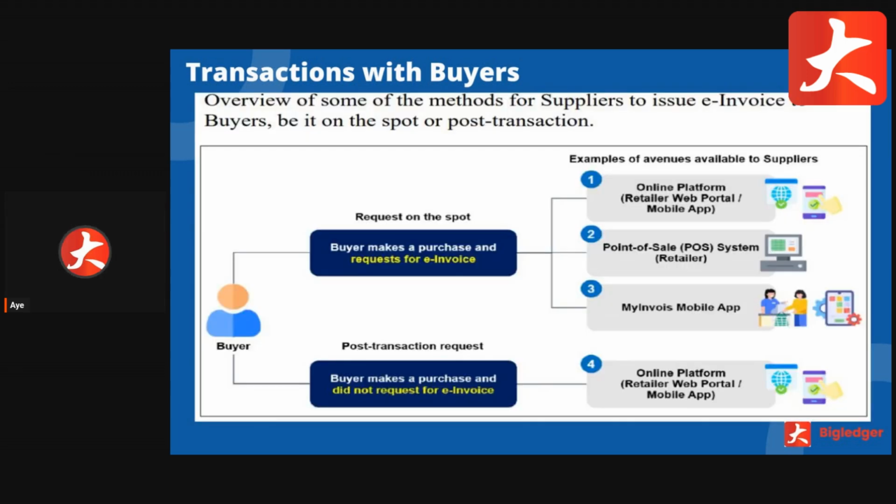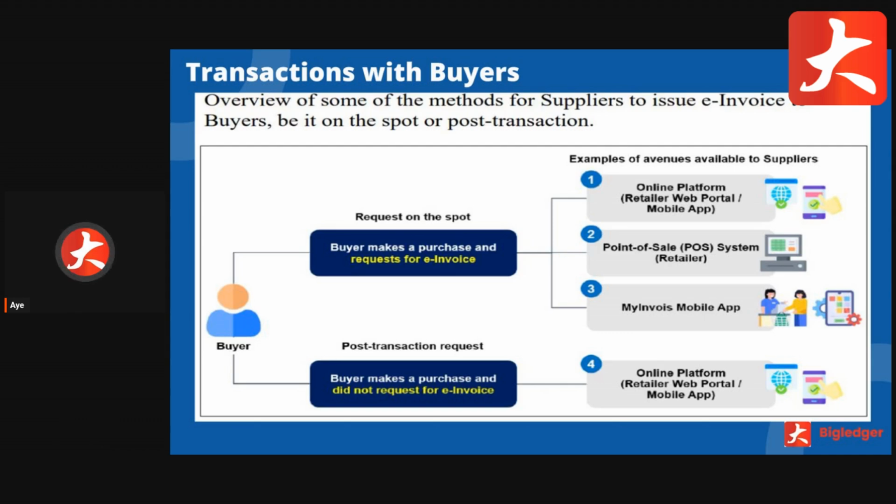Okay, so this is the overview of some of the methods for suppliers to issue e-invoice. Just now we talked about there will be two scenarios. One is the e-invoice requested by buyers. The other one is e-invoice not requested by buyers. So for the request part, there will be two methods also. One is request on the spot. The other one is they purchase the item, they already have the receipt, but at that point they didn't request